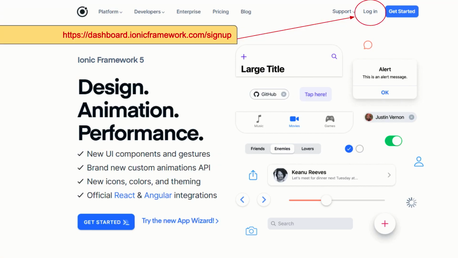Now another thing that I would recommend you do very early on is to create yourself an Ionic account. This is commonly referred to as an Ionic App Flow account. It's free to create an Ionic account and you can use any email provider. I recommend that you head to the Ionic homepage and just click the sign up button and create yourself a new account.